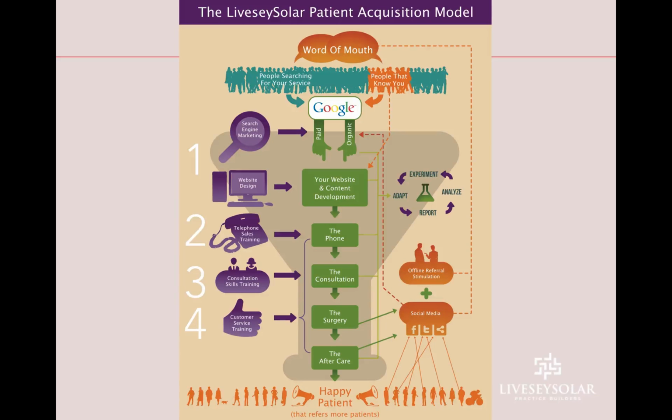And also what we look at very specifically is how does price interact with the service. Now, price isn't indicated on this diagram, but it's one of those things that definitely affects funnels. If you think about higher priced items, they're going to be harder to sell because you're not relying on a price in order to sell that item. What you are relying on is differentiation and the ability to express that differentiation on your website, on the telephone, and in consultations, and also after a treatment occurs, because what you're most keen to get in this kind of business is